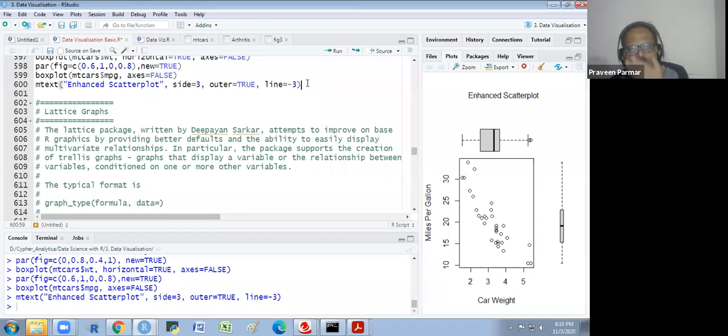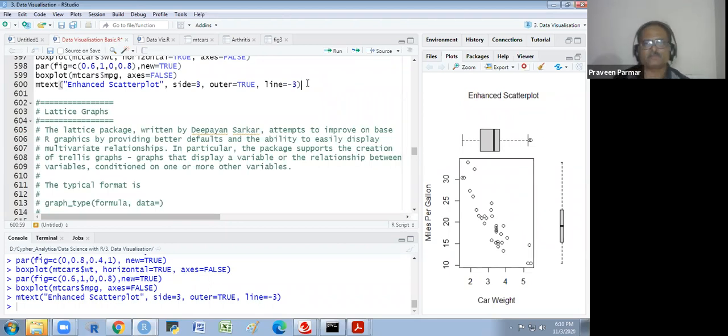And there is the lattice graph package written by Deepayan Sarkar. It attempts to improve on the base R graphics by providing better defaults and the ability to easily display multivariate relationships.